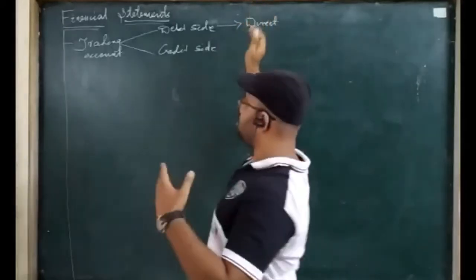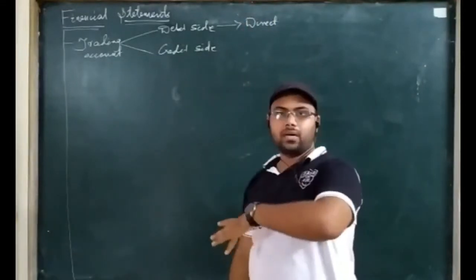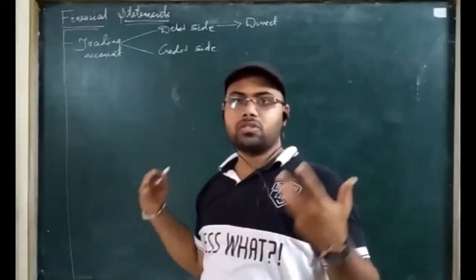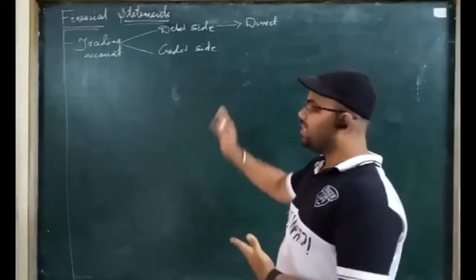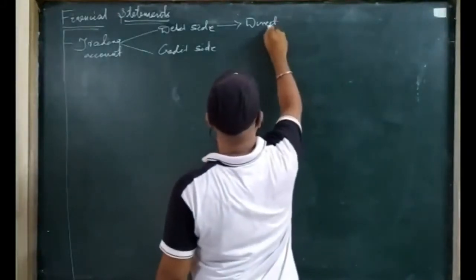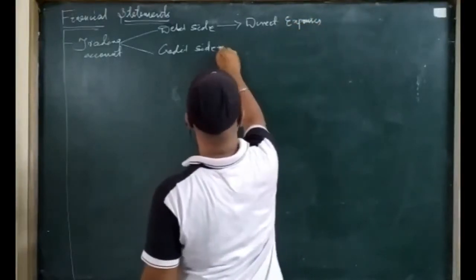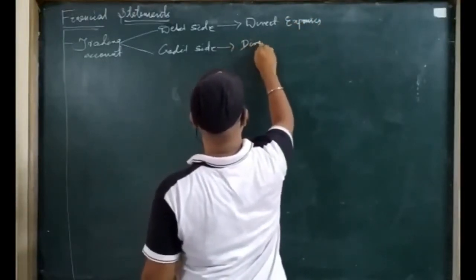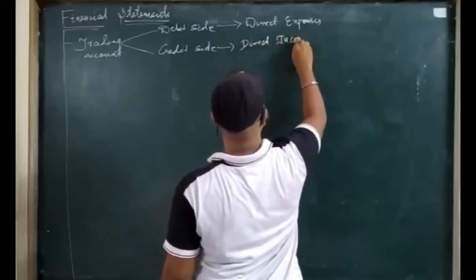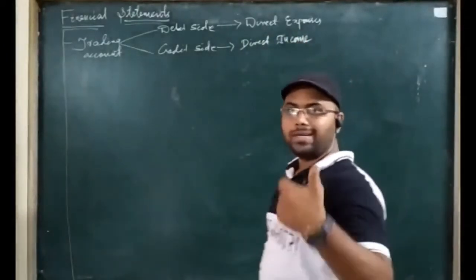I have already explained the meaning of these financial statements and expenses. By the medium of this video I am just telling you how to post expenses and how to post assets and liabilities. These meanings are already discussed, so I am not going deeper into it. In the debit side, direct expenses are written, and in the credit side, direct income. You have only sales as direct income. You don't have any other direct income other than sales that will be posted to the trading account.